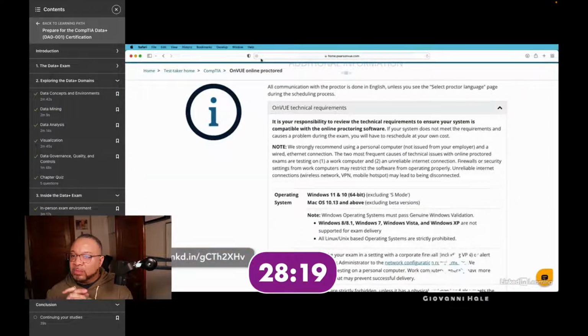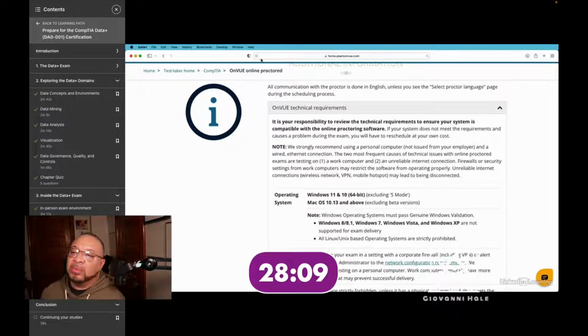Some candidates have had trouble accessing the test and running the software. If you want to take advantage of this convenient home testing approach, I strongly encourage you to run the system test available from Pearson VUE before you spend the money to register for the exam. This will let you verify that your computer is compatible with the testing software before you pay the registration fee. If you have any trouble, you might want to choose the in-person testing option instead.